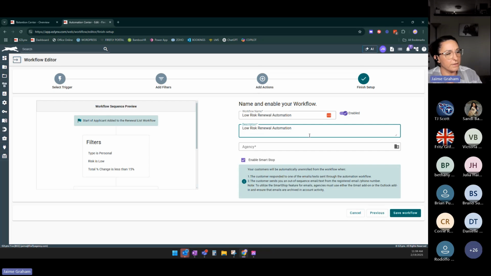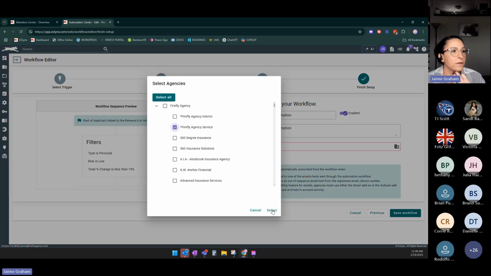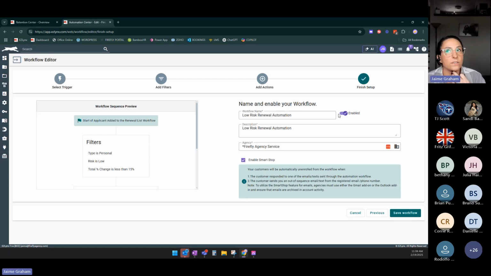Copy and paste the same thing in the description because it won't let you save without a description. And it's automatically going to be toggled on to enabled. If you want to disable it for the time being because you want to go back into it and look it over, or aren't sure about the percentage increase or whatever, you can disable it for now